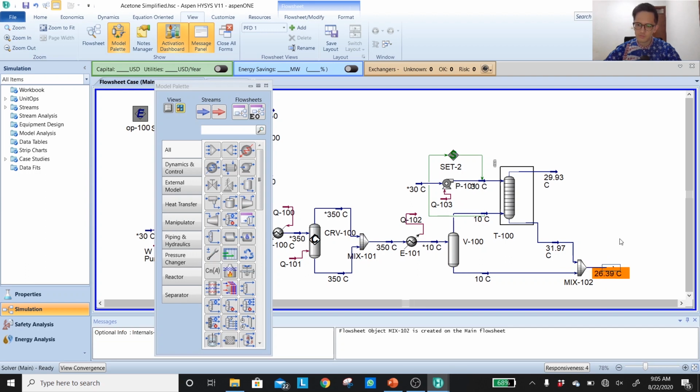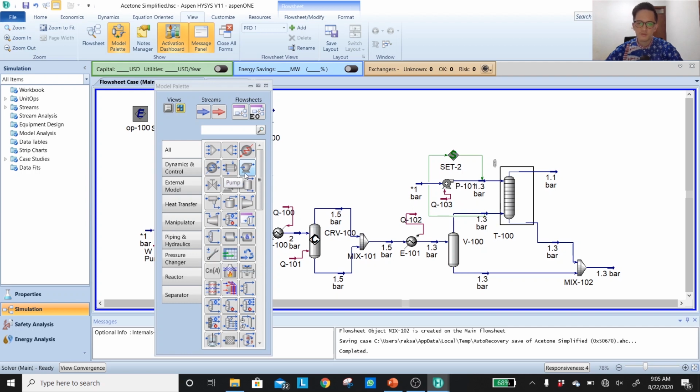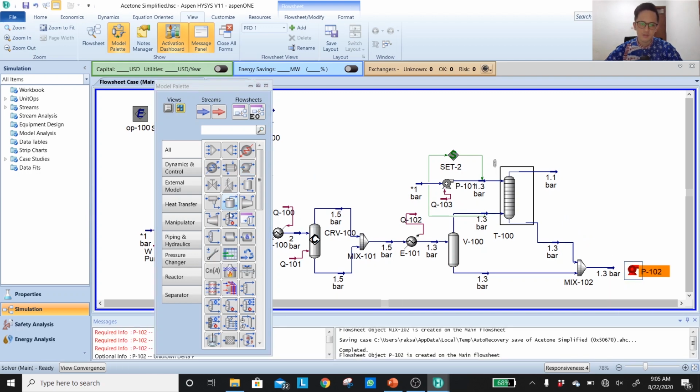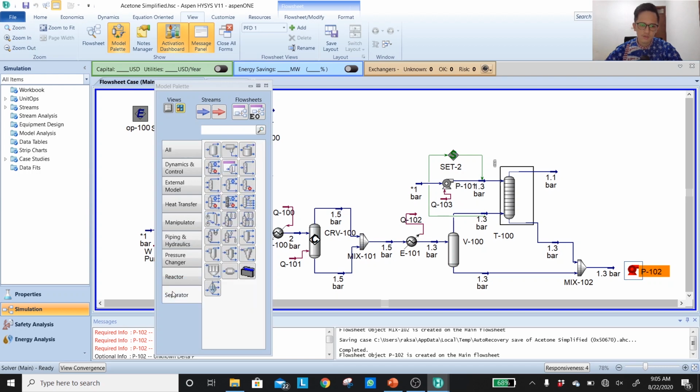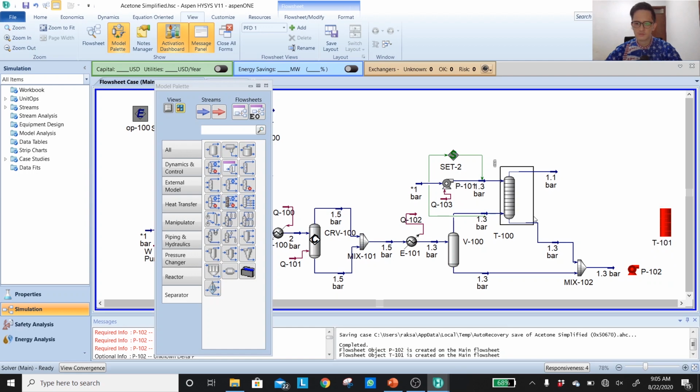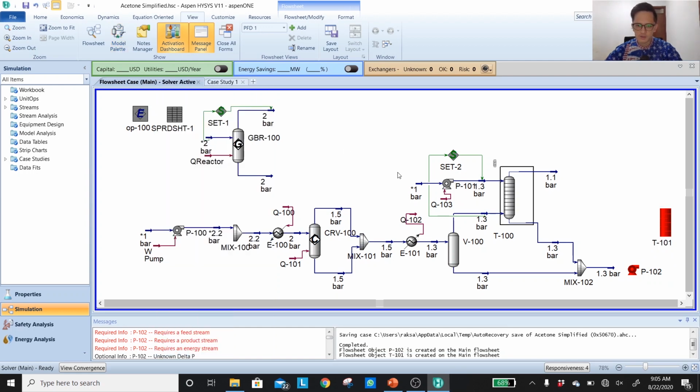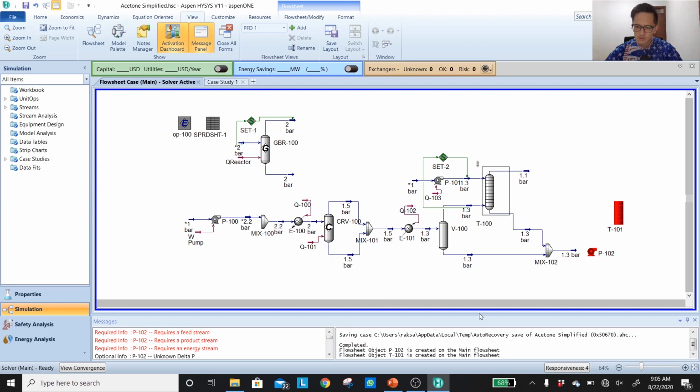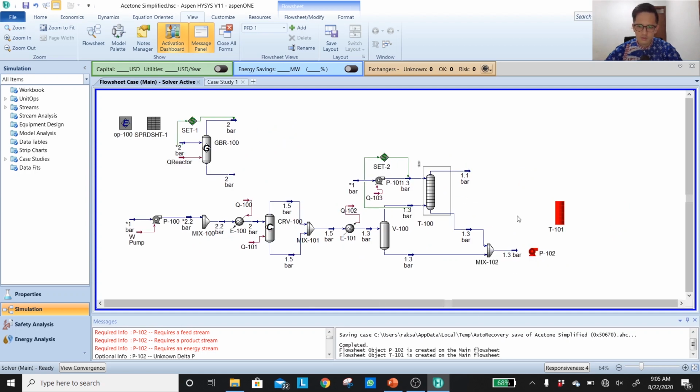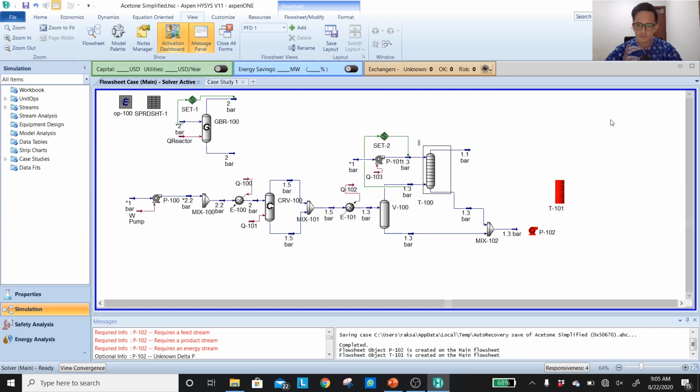Okay, so the mix stream will be around 26.3 and 1.3 bar. So the pressure is already quite low before it's sent to the distillation column, so I guess it would be a good place to put my second pump. Then I will link it with my distillation column, and we always start with the shortcut. Now the place is already very crowded, so I'm going to zoom out. Okay, that's it for now.